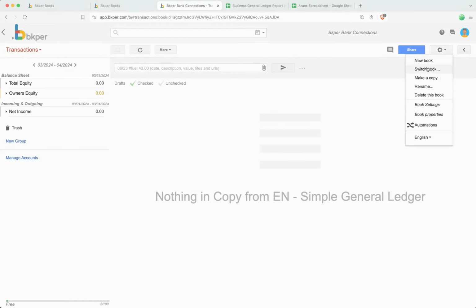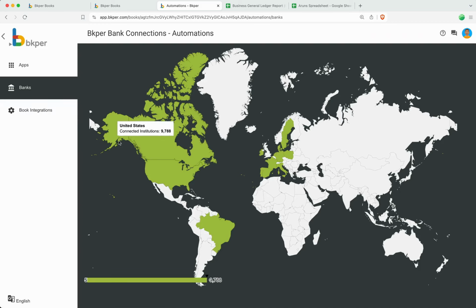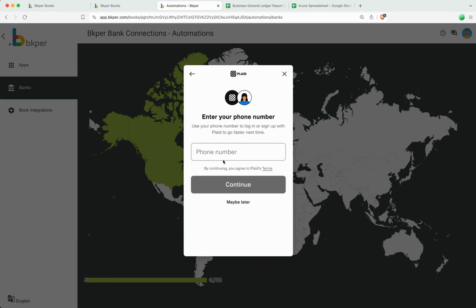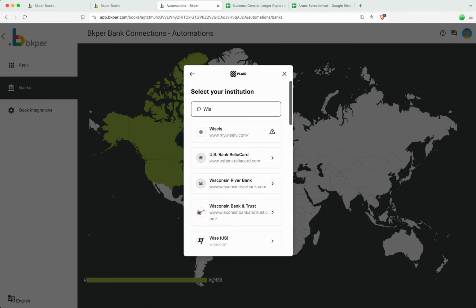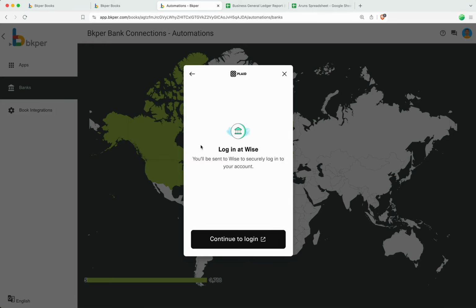The first part, user connections. Open the Automations portal, select Banks, select your country from the map, press Continue, search for your bank or other institution, start the authentication process,